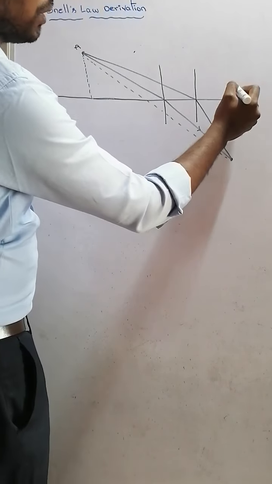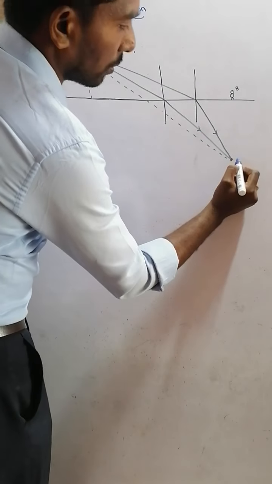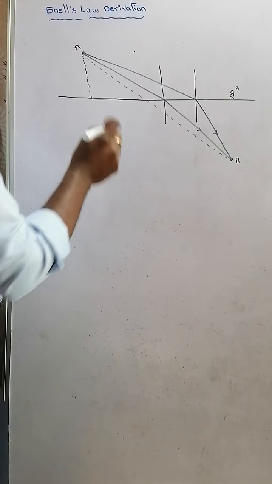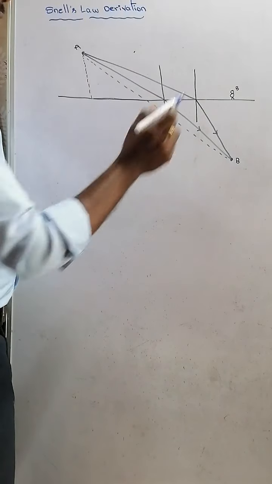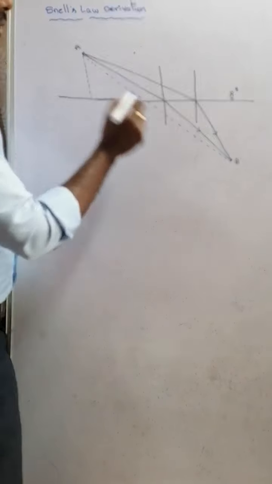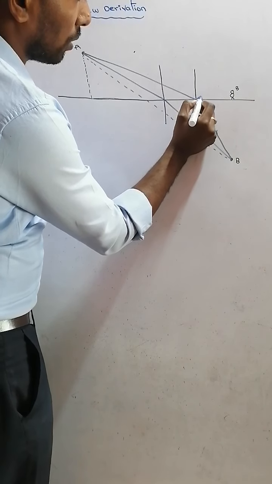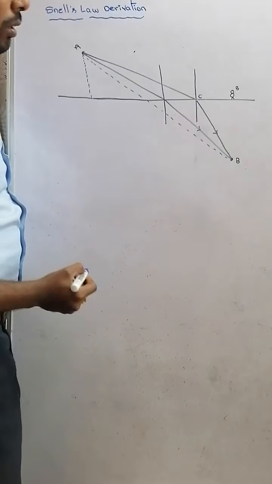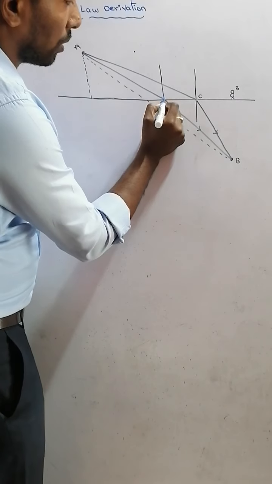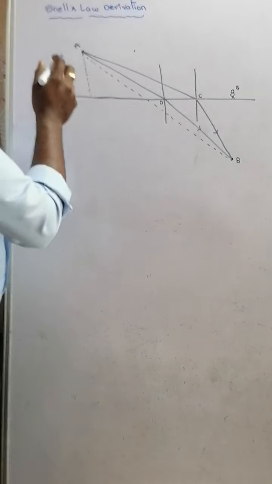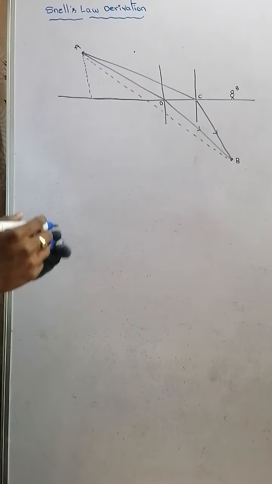Unexpectedly, person B jumps into the water, and that is seen by person A. Person A needs to save person B. So these are the different paths that person A has. This is A, C, B, one of the possible paths. A, D, B is another possible path, and the straight path is A to B.